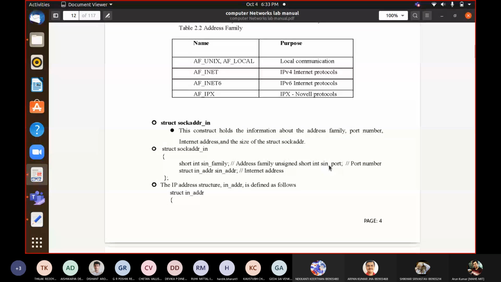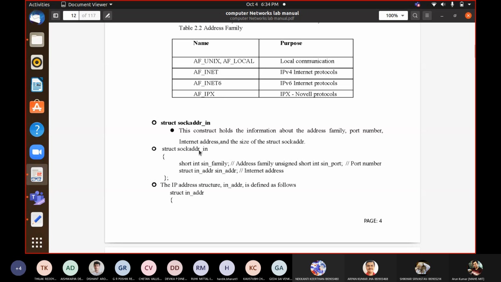What is specific and different is the family type. You have to mention the family type as well, because in an address we generally consider the port number and IP address, and along with them we also have to convey what family those addresses belong to. So these three pieces of information go as items into struct sockaddr_in.